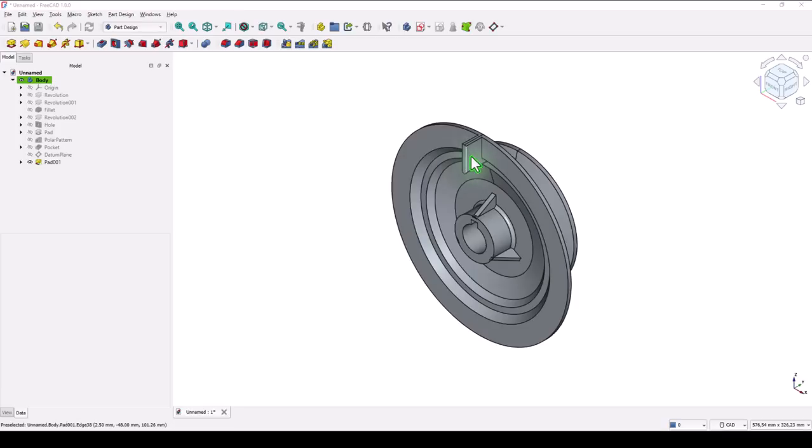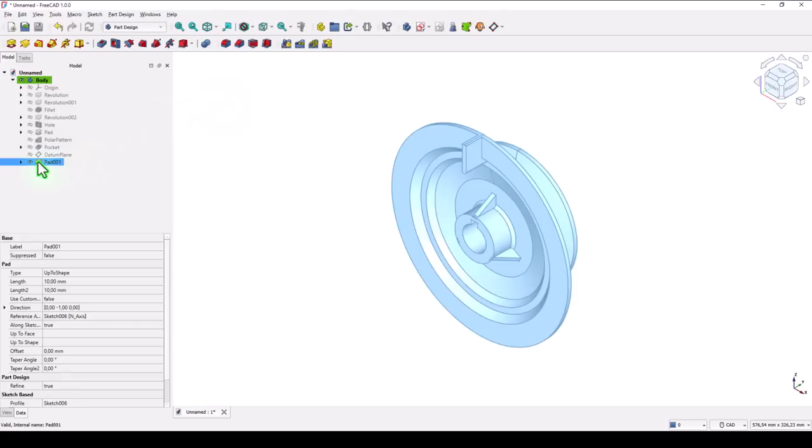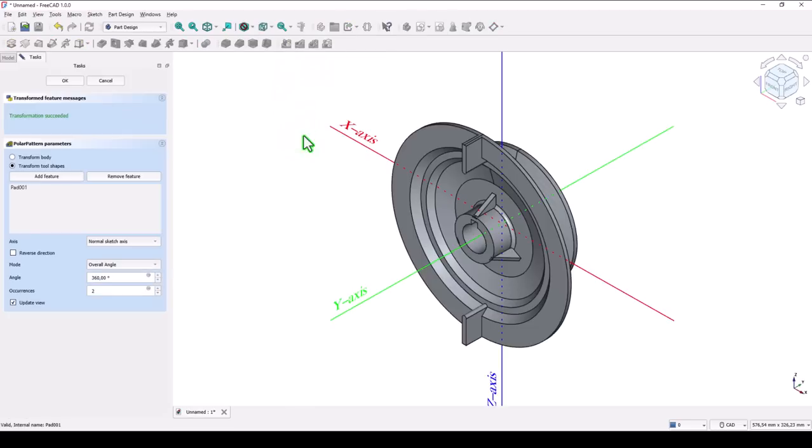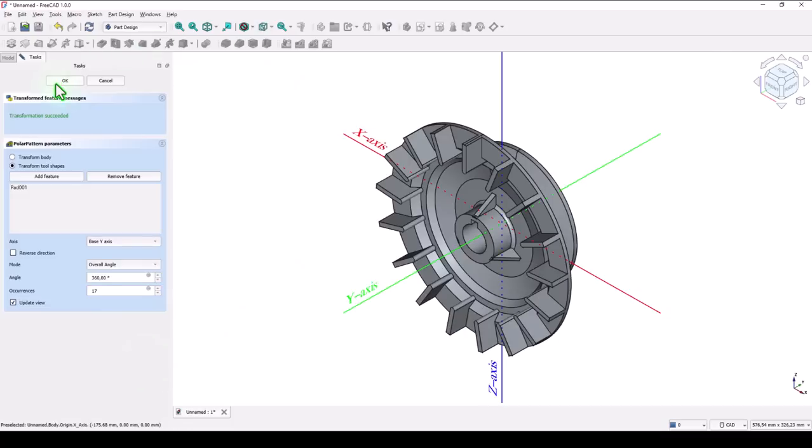Now we have to multiply this feature. I select it. I select polar pattern and the axis is Y, and not 2 features but 17 features. Okay,